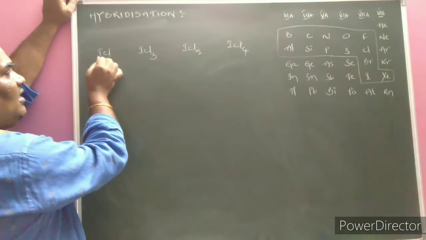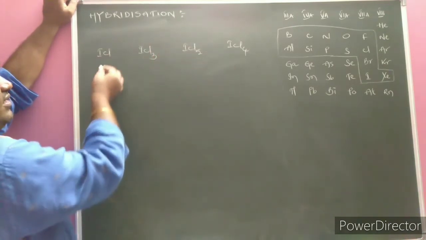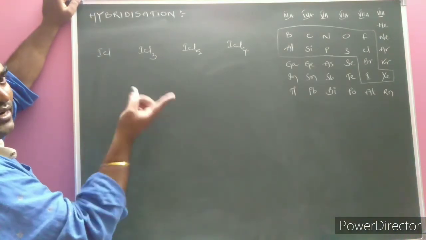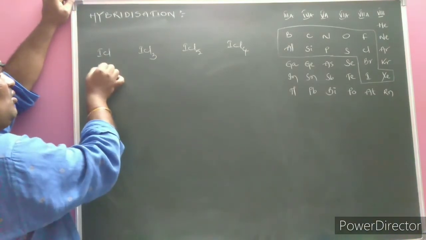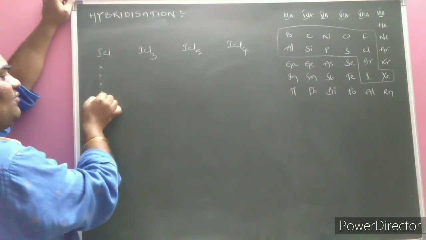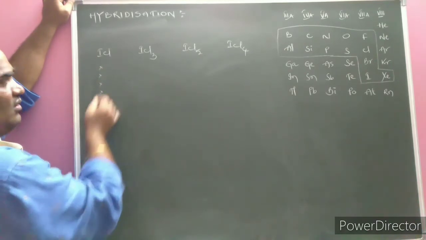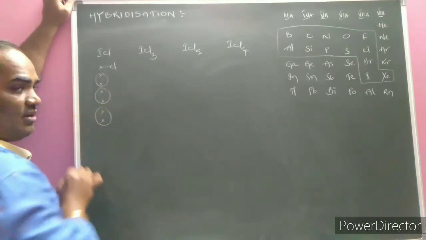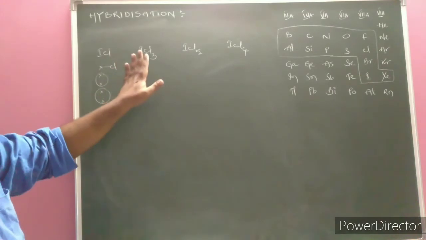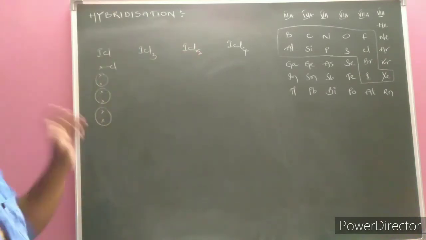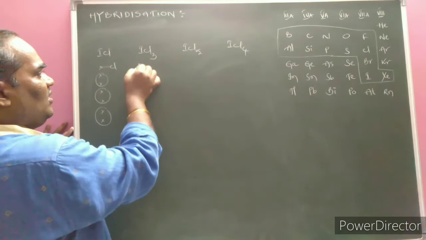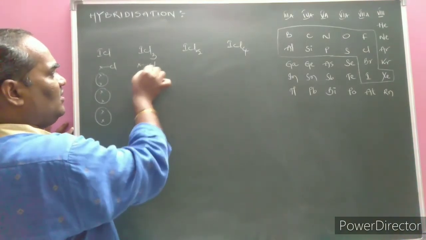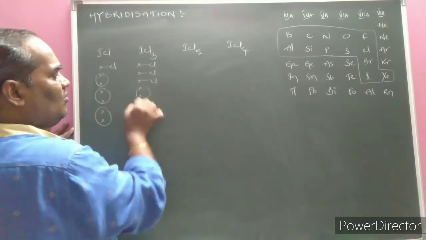Here ICl, iodine is group number 7, that's the central atom. Always we must represent the less electronegative atom on the left hand side and the highly electronegative atom on the right hand side. 1, 2, 3, 4, 5, 6, 7. Only 1 chlorine atom is present. Remaining, let us see, 1, 2, 3. I am not calculating hybridization. The question is, which of the following is not possible? Next one, ICl3. 1, 2, 3, 4, 5, 6, 7. 1, 2, 3, and the lone pairs are 2.